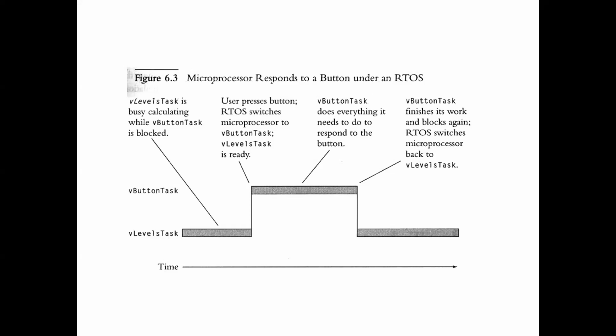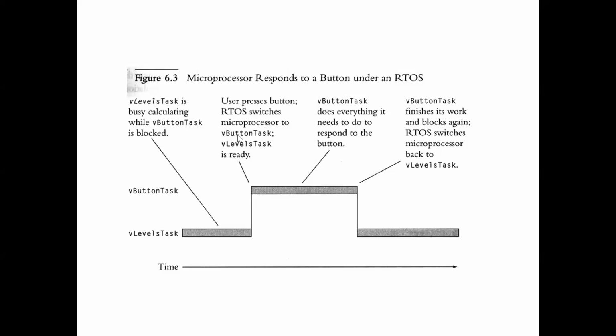Now we have to see the state of the two tasks. What is the state of the button task? The button task comes into the running state, and the uncompleted level task, whose priority is less than the button task, switches from running state to ready to run. And the button task, having the highest priority compared to the level task, comes from block state to ready to run, and from ready to run to running state. So that is what happened at the second instant.